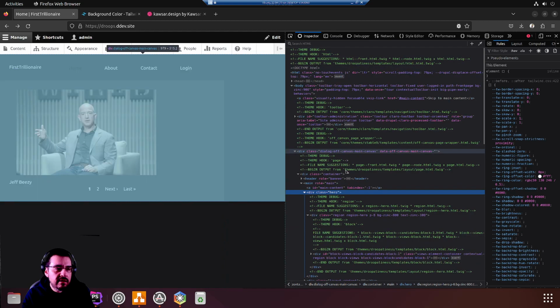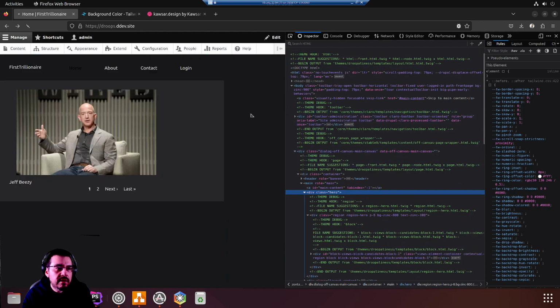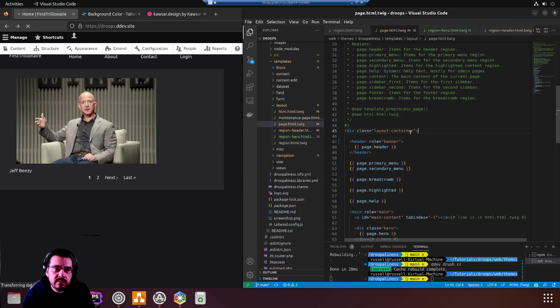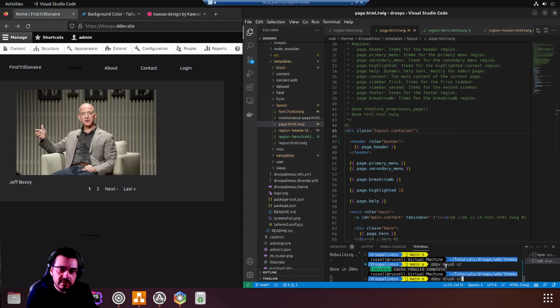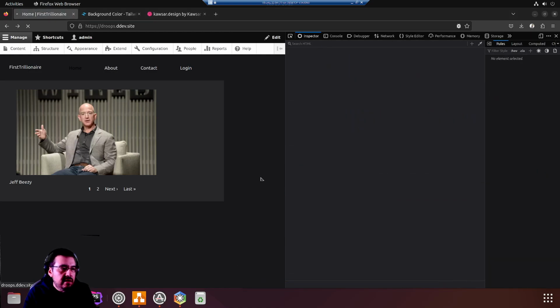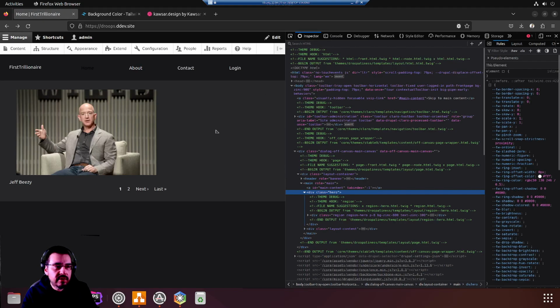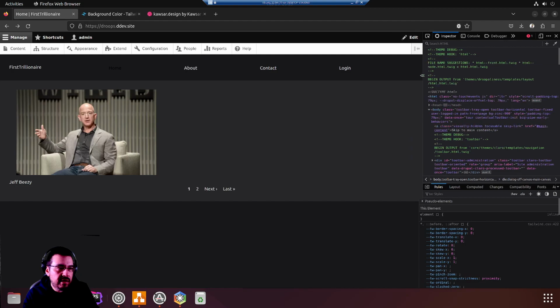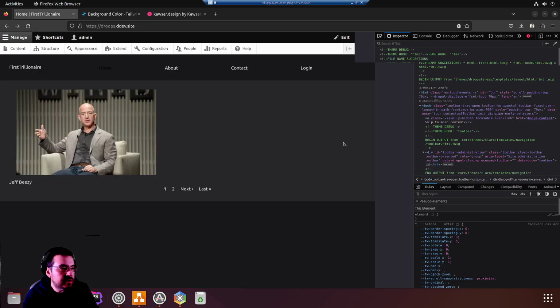What's going on with our layout container? What happened? Reload one more. It should be there. Do this one more just in case. There, now we're back to square one. As you can see, the Jeff here is taking up all the space now. Again, now we want to center Jeff, and also we want to center and contain the menu. It should not be spreading the whole way. We have two things to do. We'll start with the menu,